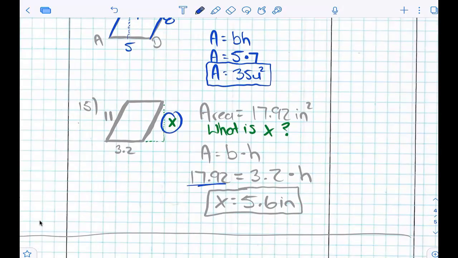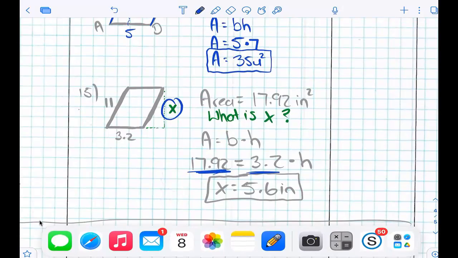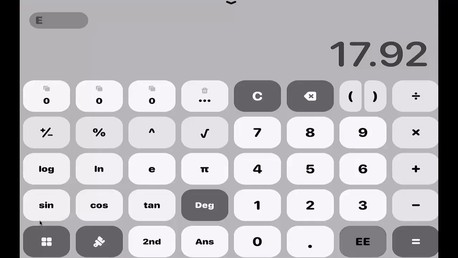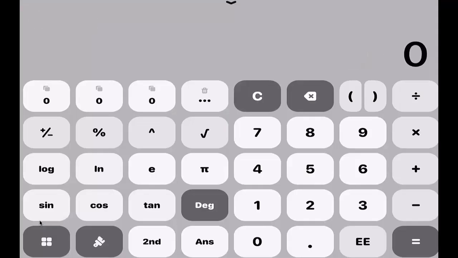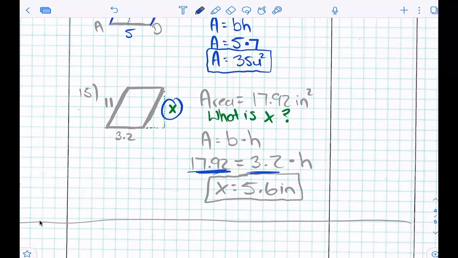What's a method you could use if you know the area and you know the base? What's one of my favorite math methods? So we simply took our calculator out and we just guessed and checked our way to the answer, yes? And that's okay to do if you don't know how to do it algebraically, which most of you probably don't, right? We cool with this? Okay, take